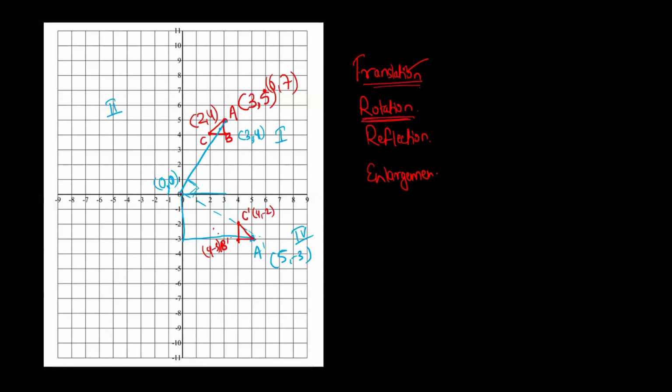So this is your rotation. Next comes reflection. Reflection is very easy. When you stand in front of the mirror, what happens? Plane mirror, you see your image, isn't it? If you recall from physics